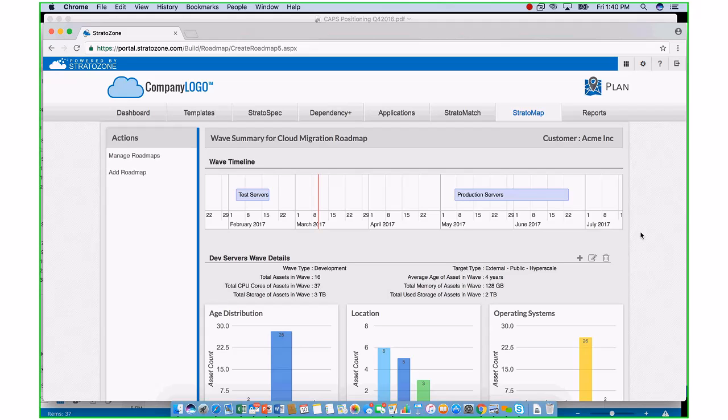Now, you don't have to wait till the end. You can put waves together starting on day 3, because if you notice the filtering capability, very simple for me to identify low-hanging fruit. So show me everything that has this criteria and has low dependencies. There's your first wave. By the way, they're not considered an application bubble, so everything that's loose. Or find me every application bubble that has less than 10 servers, right? So very easy to put these quick identifying waves together while you're waiting on the more complex stuff to get